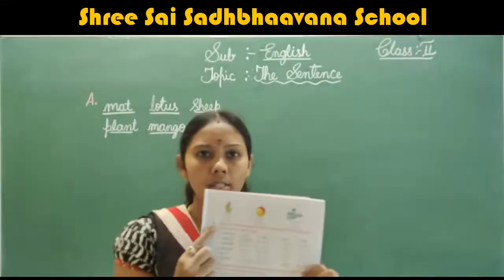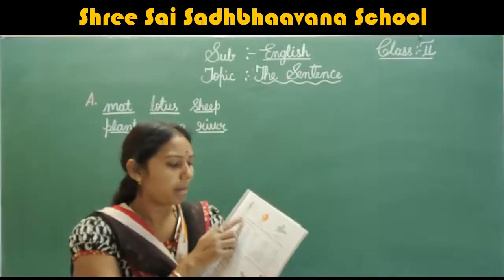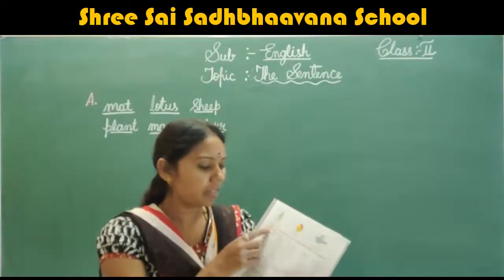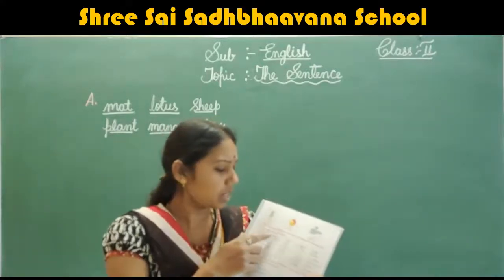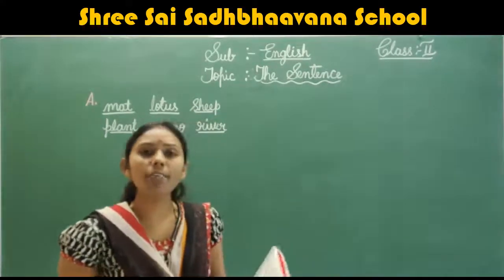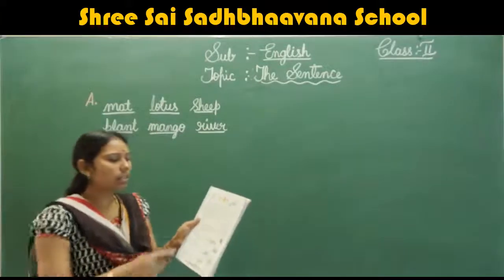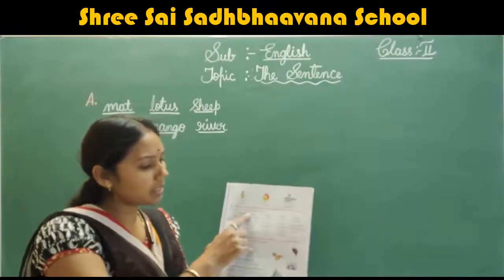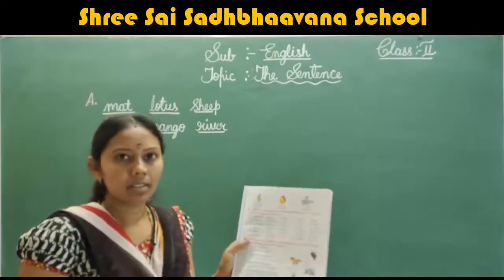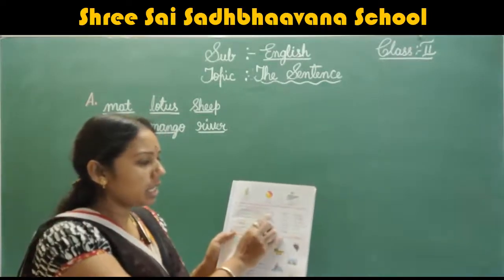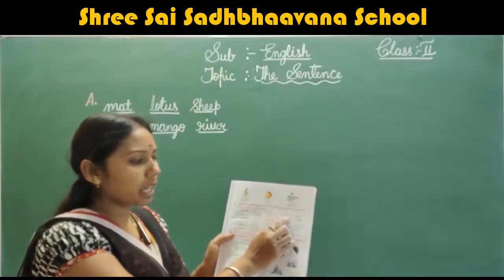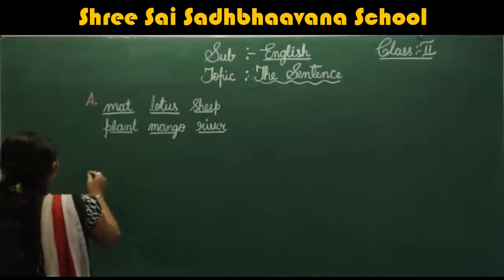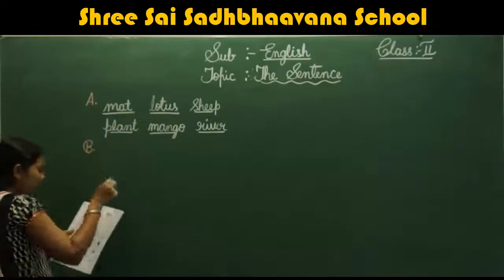We'll go to the B exercise now. Go through B in your textbook. What is there? Make 4 meaningful words from each group of letters given below. One is done for you. You should make 4 meaningful words in this. The first one they have done. They have jumbled the letters, and in those letters you have to find some words. See, T-E-A-T, T-U-B-E, tube, F-U-E-L, fuel, L-I-F-E, life. They have already done that.